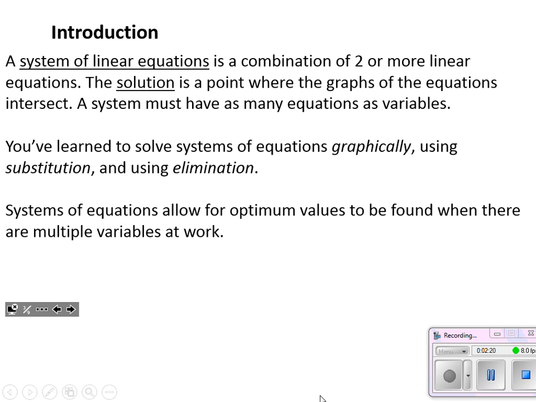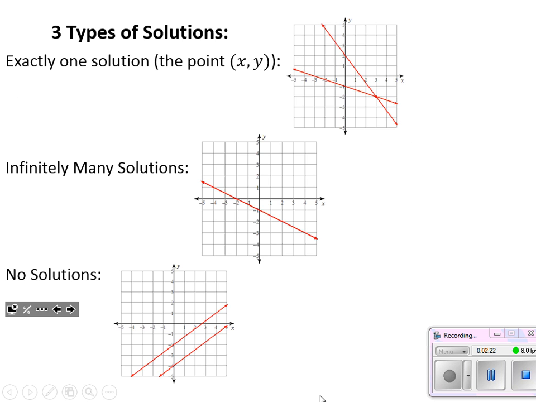All right, so there are three types of solutions when we're solving a system of equations in two variables, to a system of linear equations, I should say. The first type, there's exactly one solution. So we have the graphs of two lines, and they intersect at one point. Okay, so we get a solution x comma y.